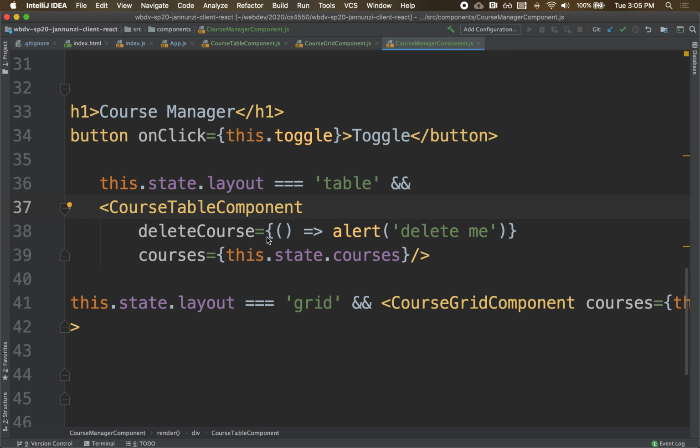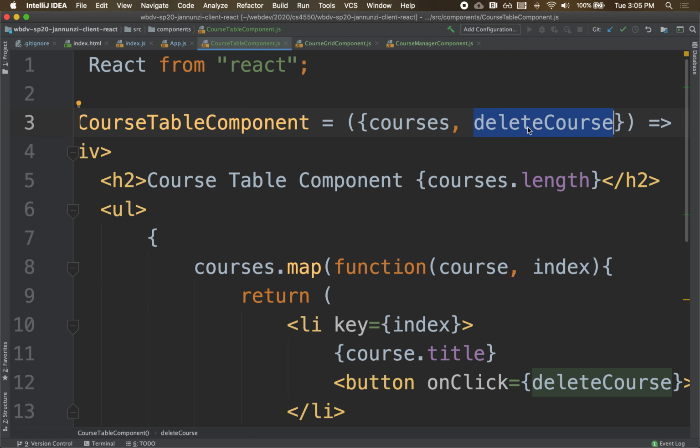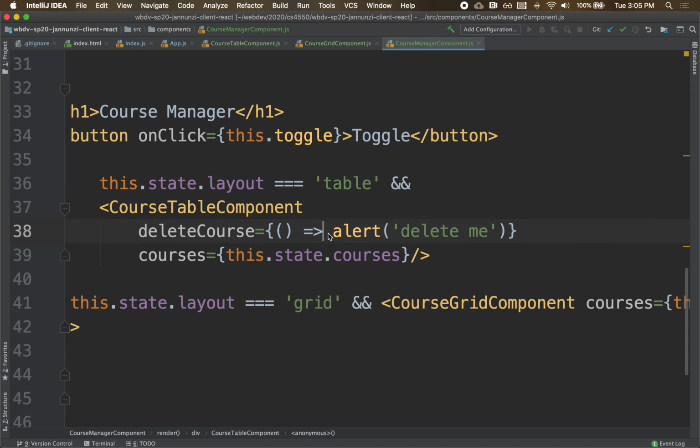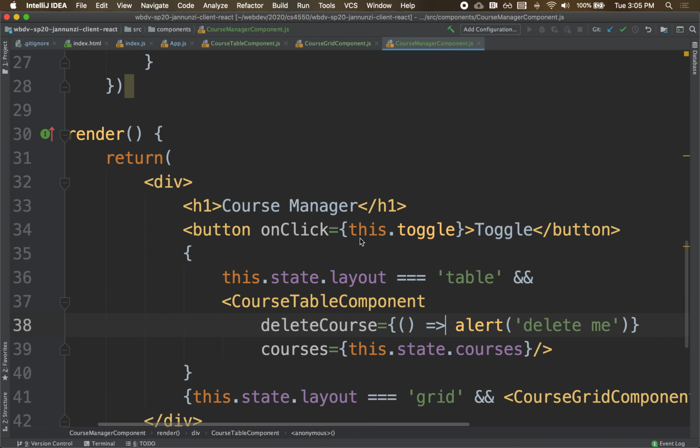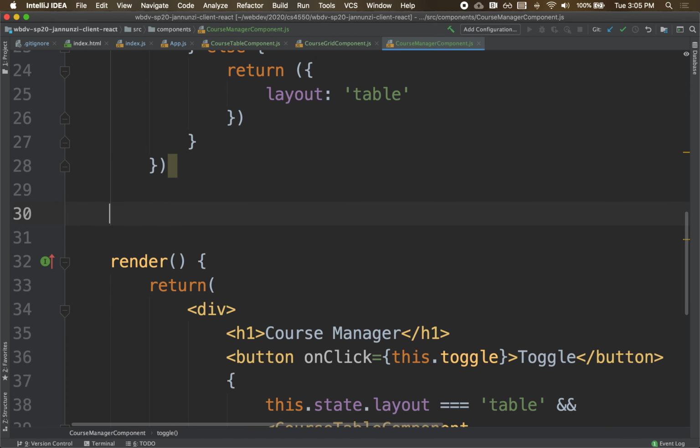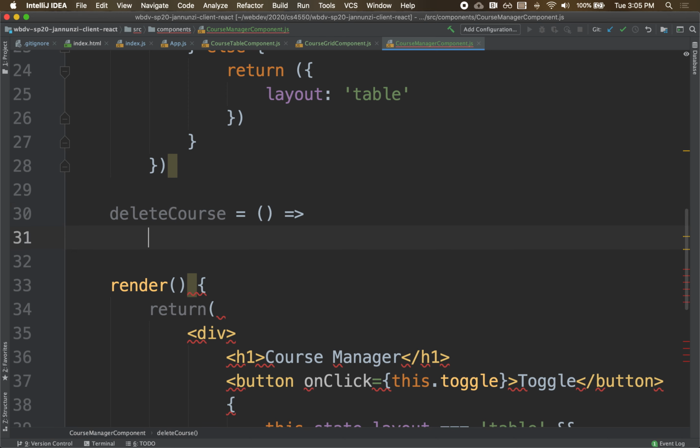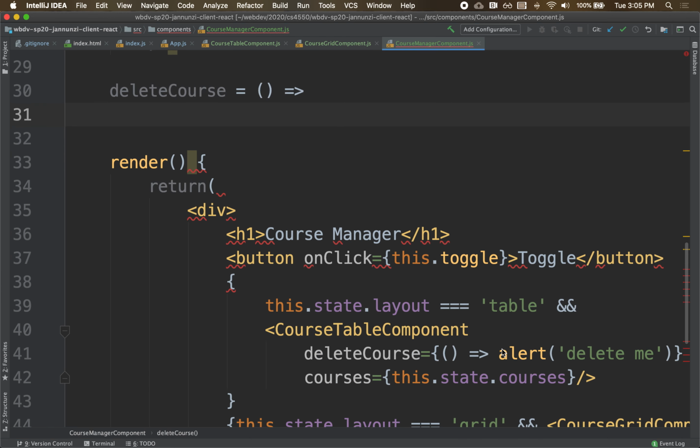So here we're passing a function down to a component, right? And that component has a reference, and then it's calling it on click, right? But instead of this alert, what I'd like to be able to do here is maybe handle it here in an event handler. We'll call it deleteCourse, right? And this could be a function. And in this function, we could do the alert,